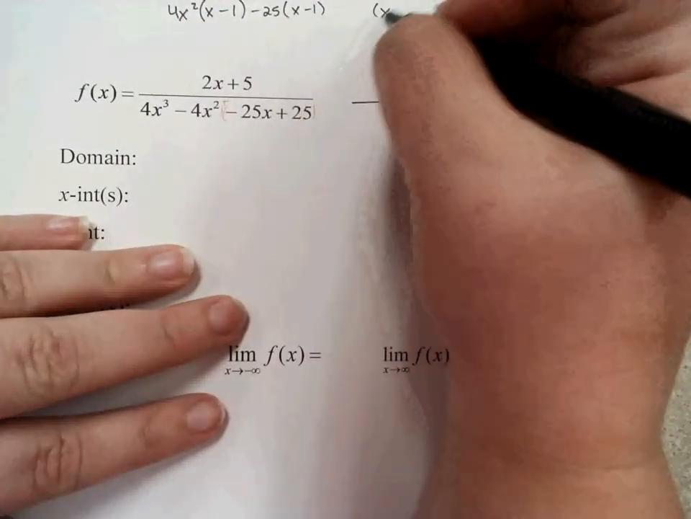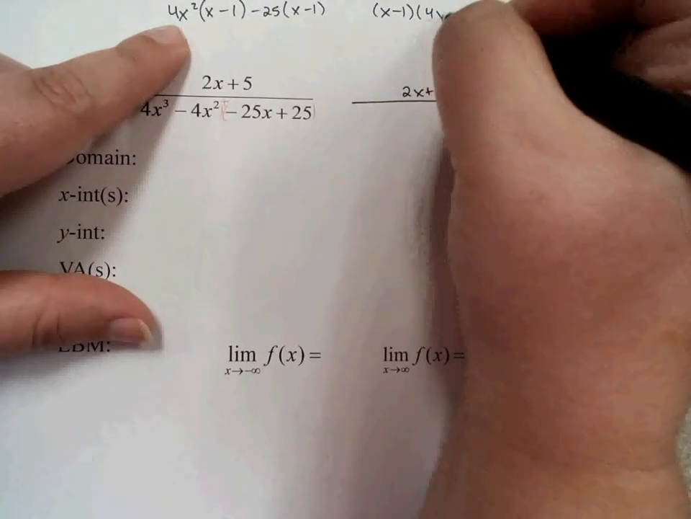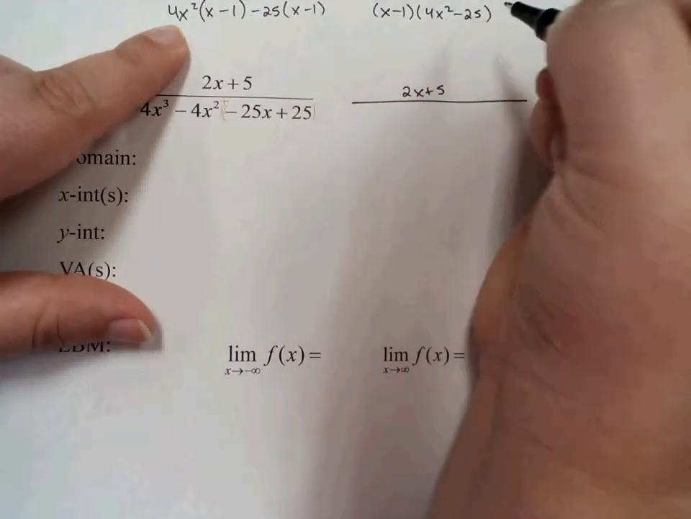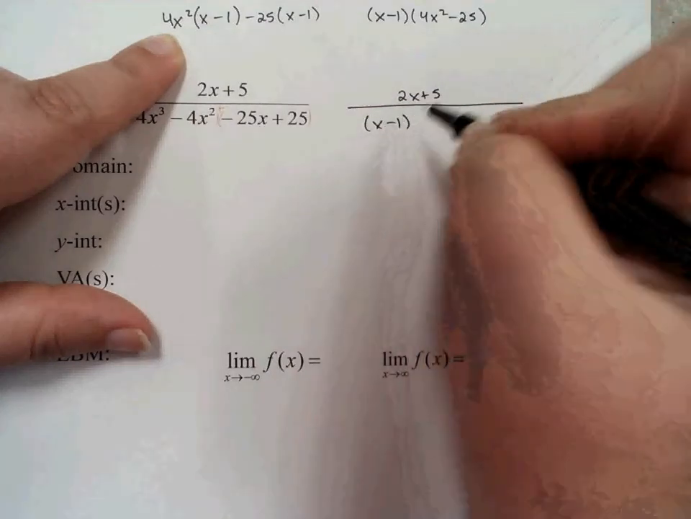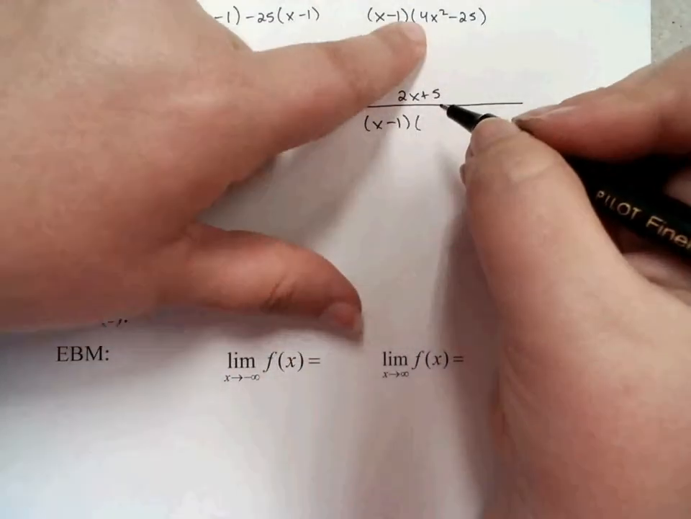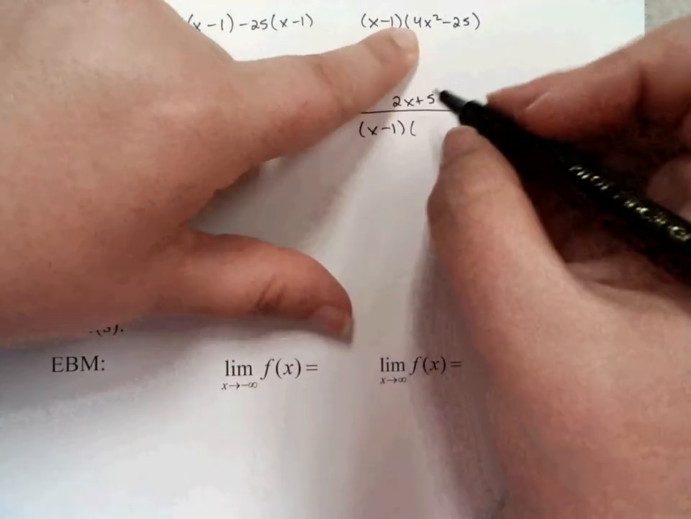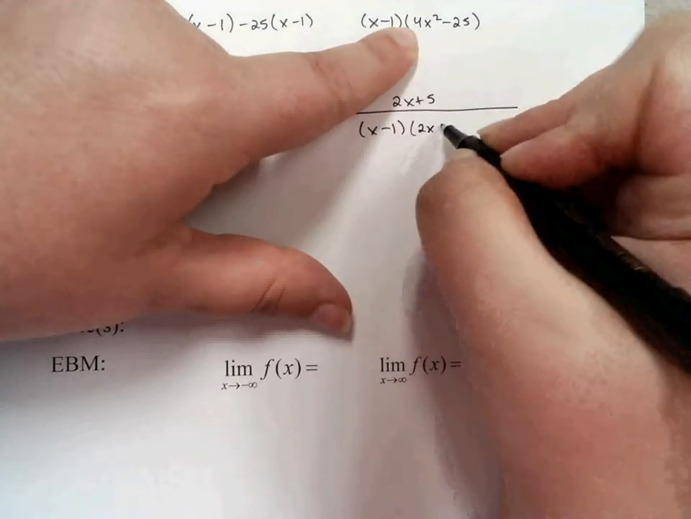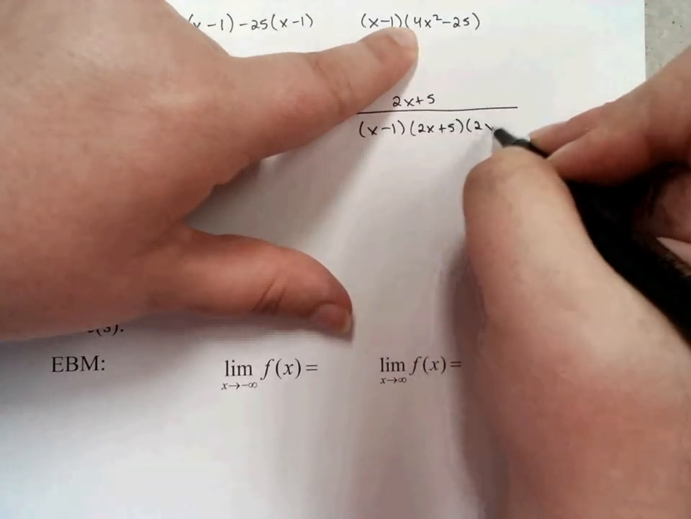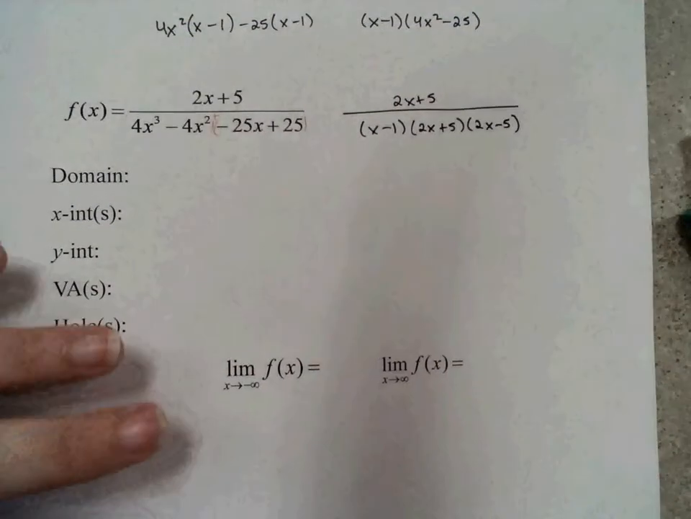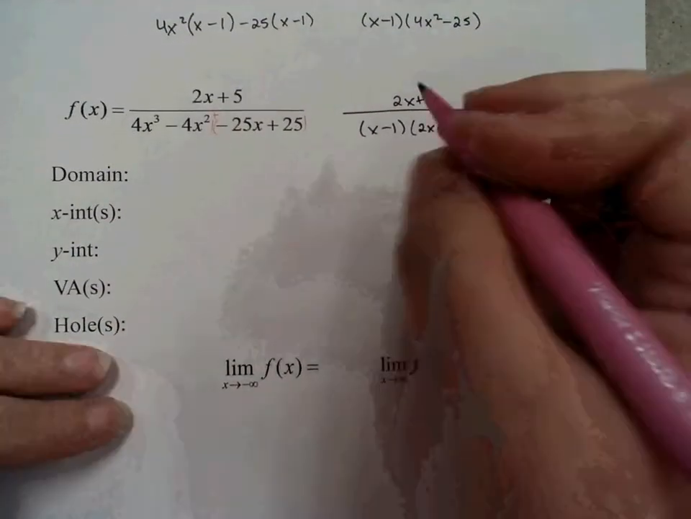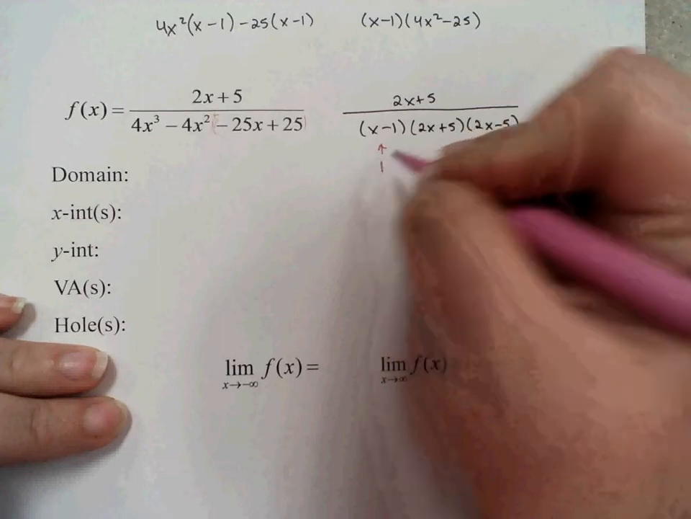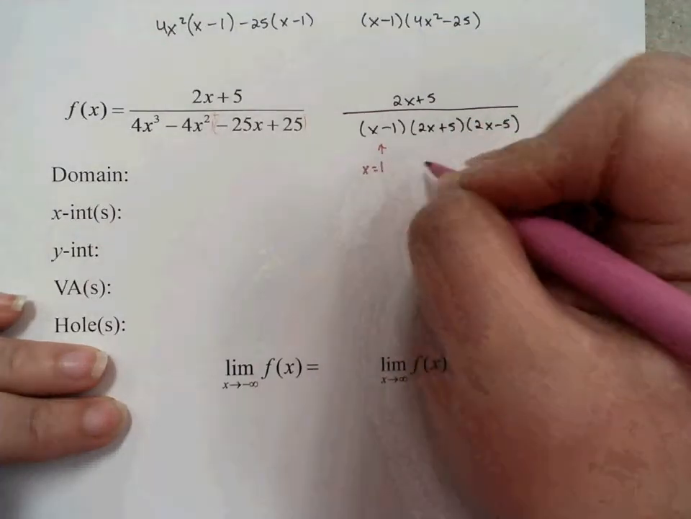If I factor out an x minus 1, then I would be left with 4x squared minus 25. And that is a difference of perfect squares, so that would be x minus 1 times 4x squared minus 25, those are both perfect squares, so 2x plus 5 and 2x minus 5. Cool. The denominator equals 0 at 1,